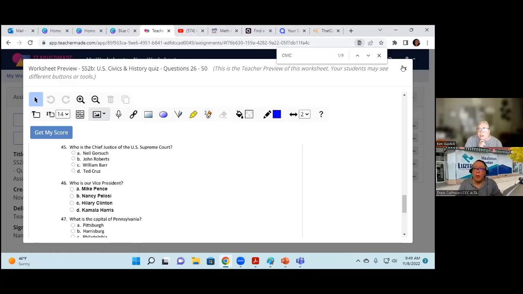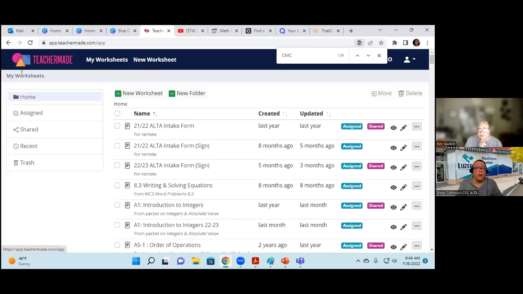There is a free version of it, but if you want full access to all of the things that Drew's showing, you probably need to get the purchase. You can do a lot with the free version, right? There's just a few little special options that you can do if you get the professional version, but you can make worksheets and apply them